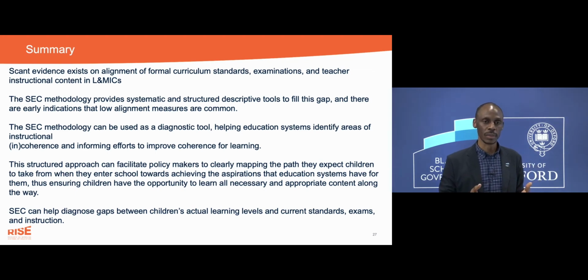Something we did not talk about in this lecture is progression alignment. How is content aligned across grades, across cycles, as children are progressing through schools? This ensures that children have the opportunity to learn all the necessary and appropriate content along the way. Finally, surveys of enacted curriculum can help diagnose the gaps between children's actual learning levels and the current standards, exams, and instructions. We did not talk about this much in this lecture, but once you have data of children's achievements on particular assessments, then you can bring that data into the same structure, same framework, and compare the alignment across different components, including the actual learning